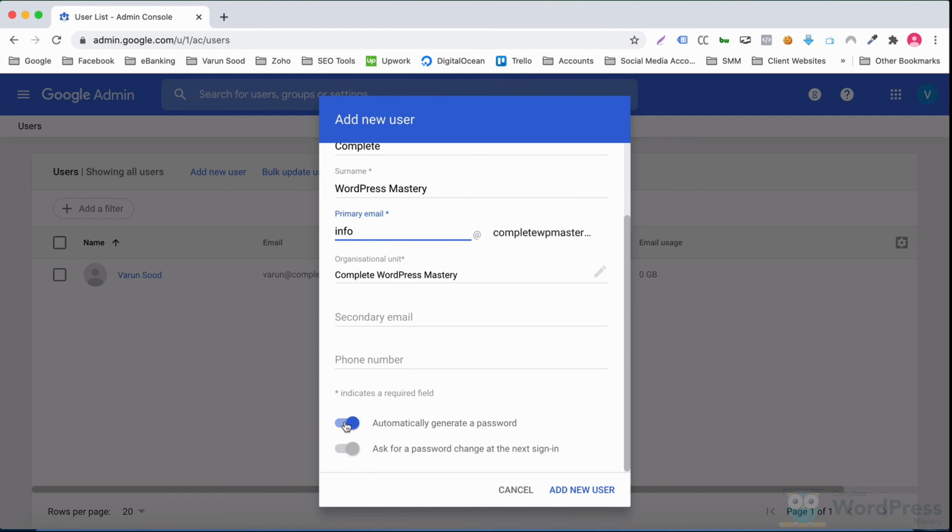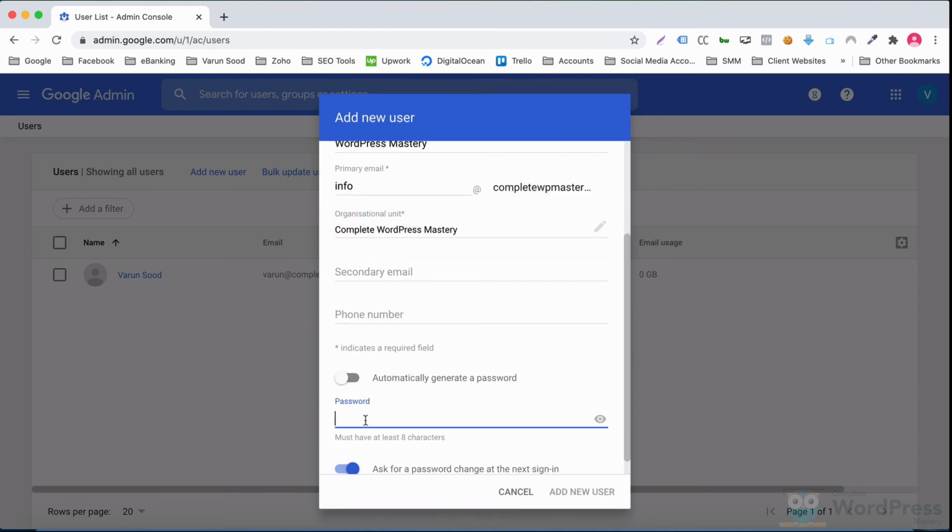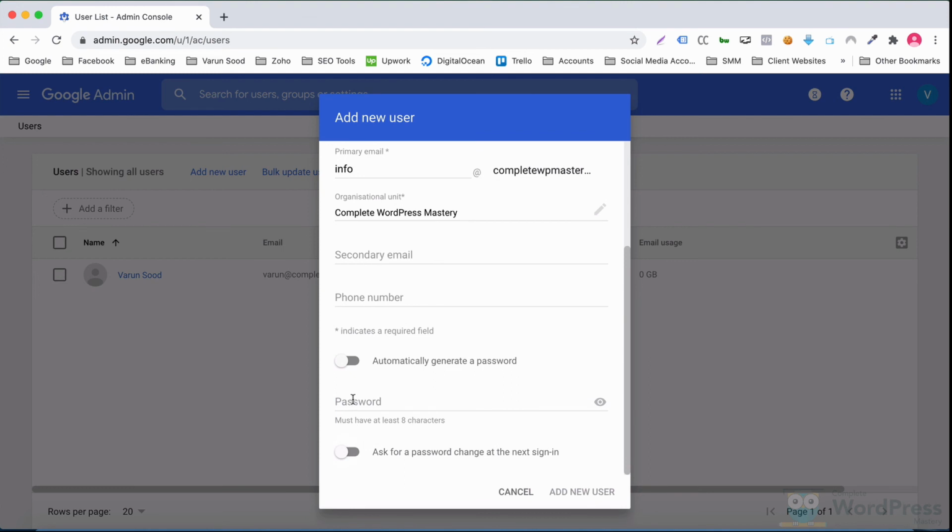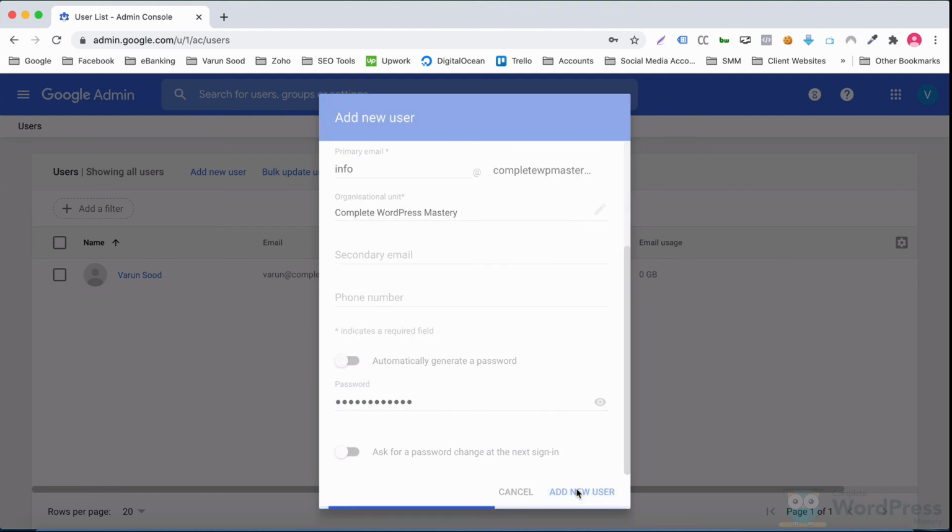Configure the password options. And add the new user.